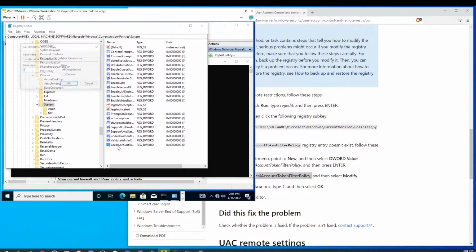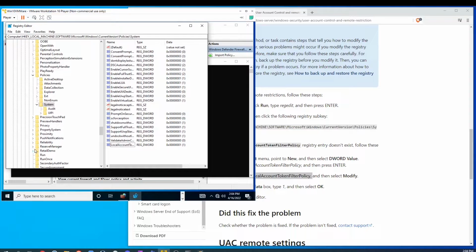Then double click on it, and we need to enable it. How does it enable? You just switch the value to 1 and it's enabled, and you can see it here, it says 1, so it's enabled. You can see here 0, this is not enabled, and that's how you know whether those values are set or not. After this I need to reboot this virtual machine so all these changes can be applied,